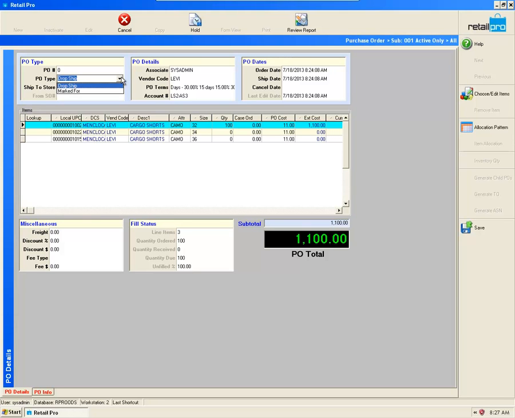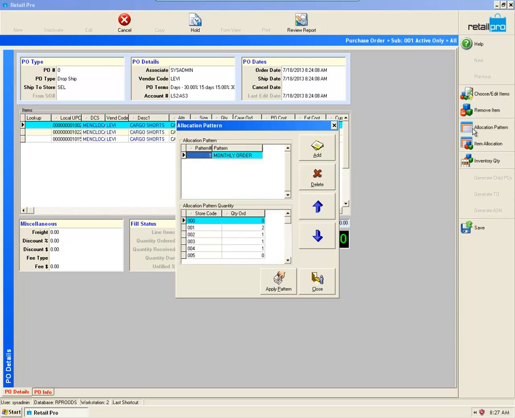Now for a larger order, because you're not always just going to be ordering 100 pairs of cargo shorts at a time, probably. We do have an option to set up allocation patterns, which are predefined distribution plans to apply as needed. Let's go ahead and look and see. We have an allocation pattern already here, a sample one, monthly order. It's kind of a generic name. But in this particular case,